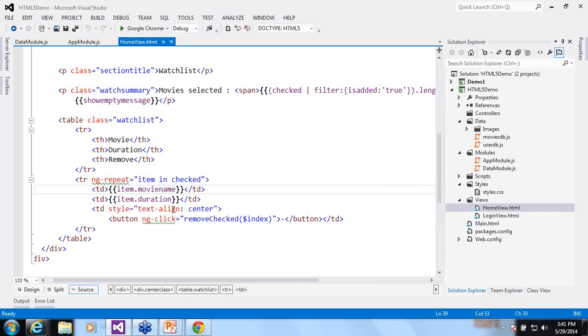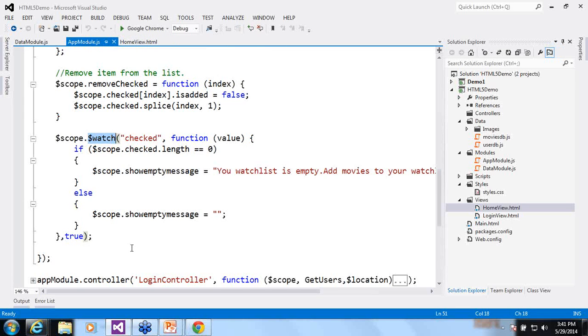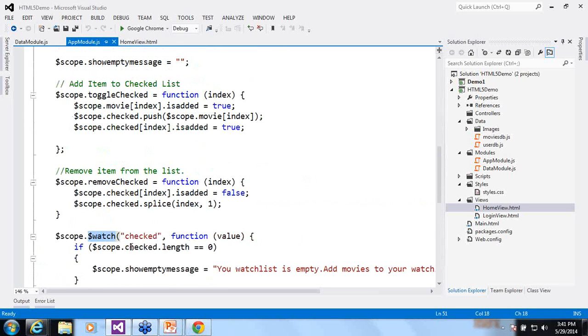I am displaying the movie name, the duration, and when I click on the button, the ng-click directive binds to the remove checked function. It is using $index as the parameter, and this gets passed to our function in the controller, and when the index is selected, it is removed.